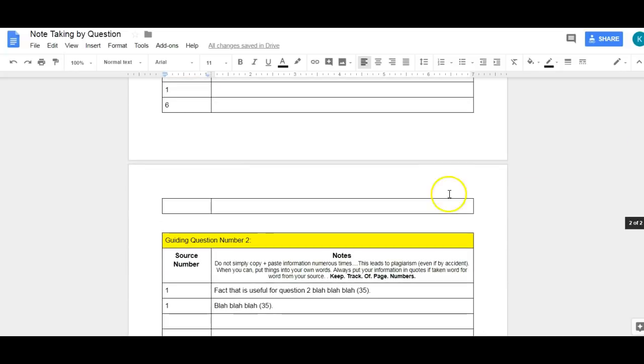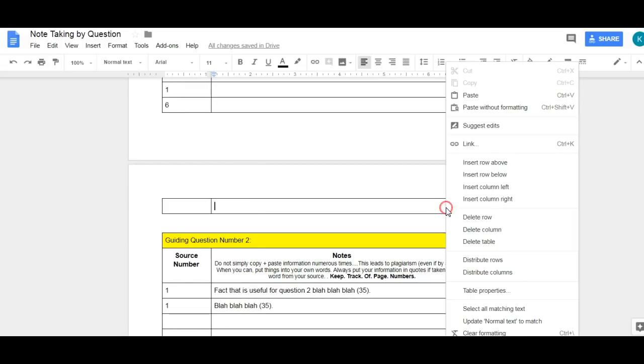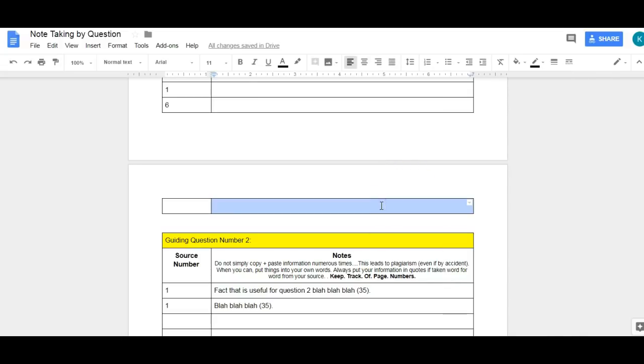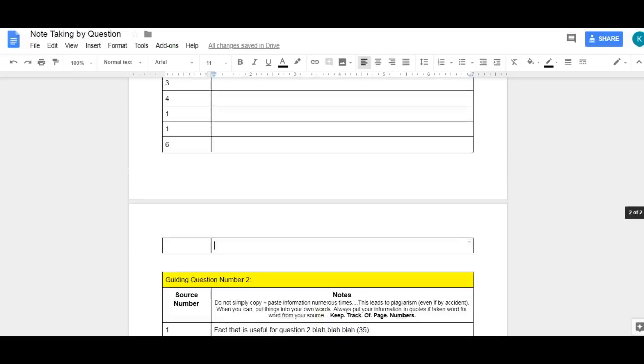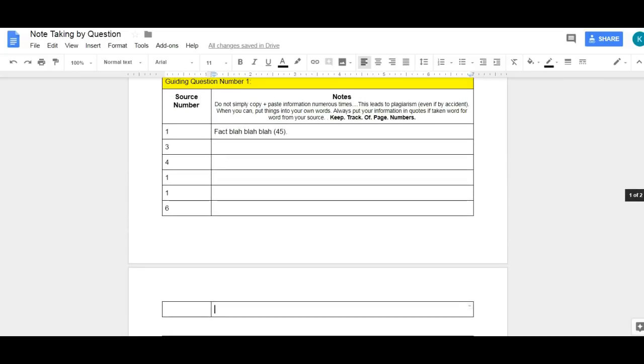All right, and then same thing that I told you before, if you would like to add another row, you just right click, insert row below or row above, or if you're on the final tab, you can just click tab. All right, so now that I've explained how to use each note-taking document,